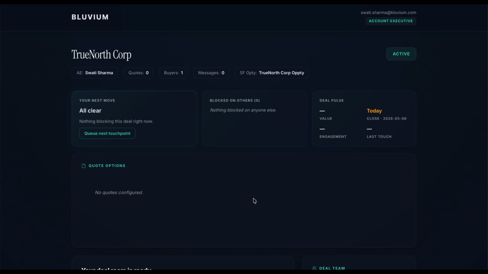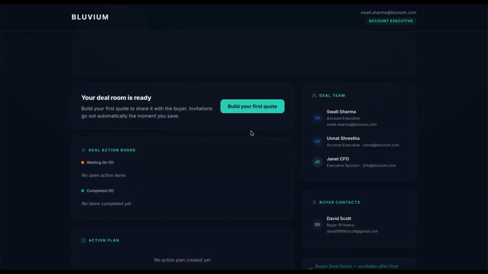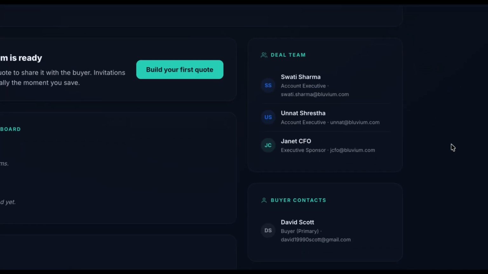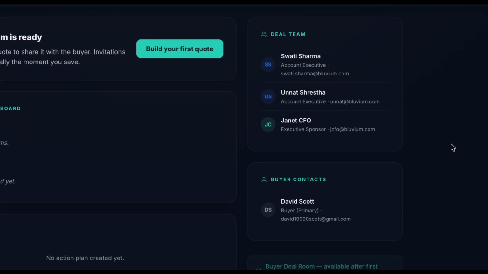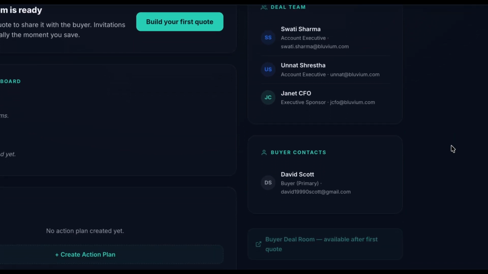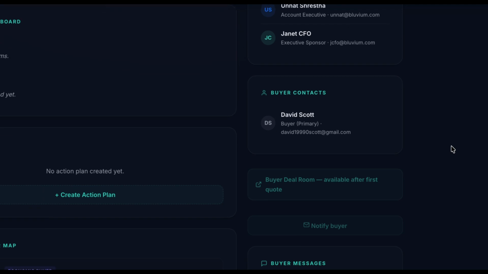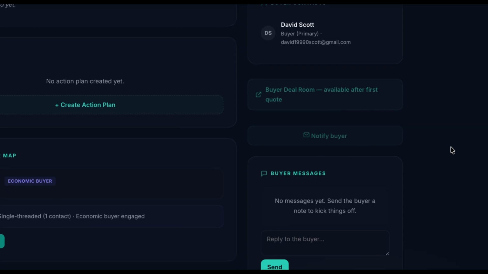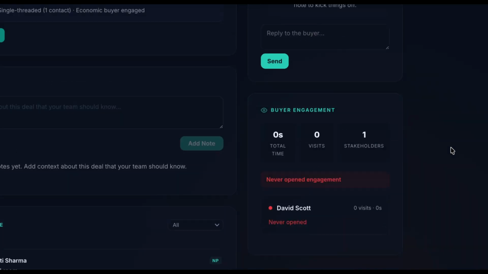Deal Pulse pulls the deal value, close date, and engagement signals. The rep has a Build Quote button and Deal Action Board that shows where the deal stands. On the right, the deal team is loaded from the Opportunity team members. Buyer contacts come from the Opportunity contact roles. There's a Notify Buyer link that activates once the first quote exists, a buyer messaging thread, engagement analytics, and the